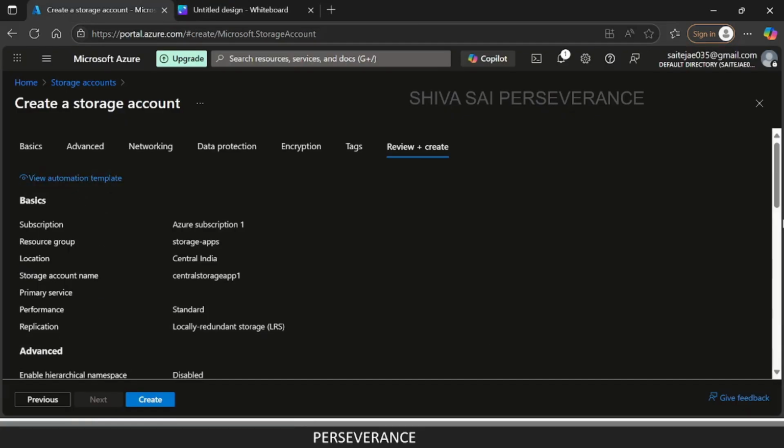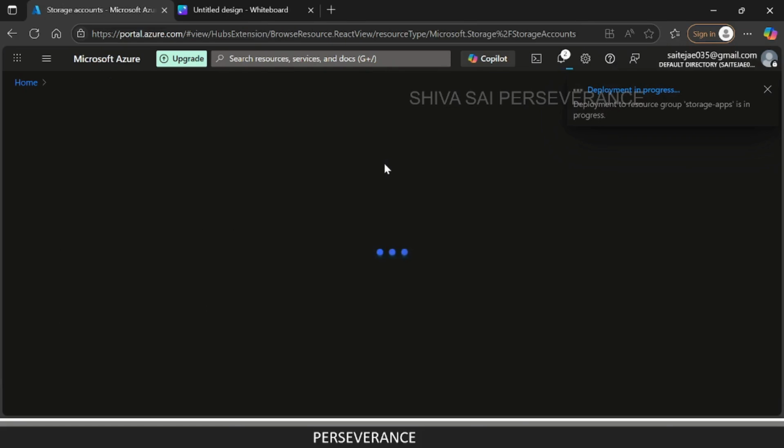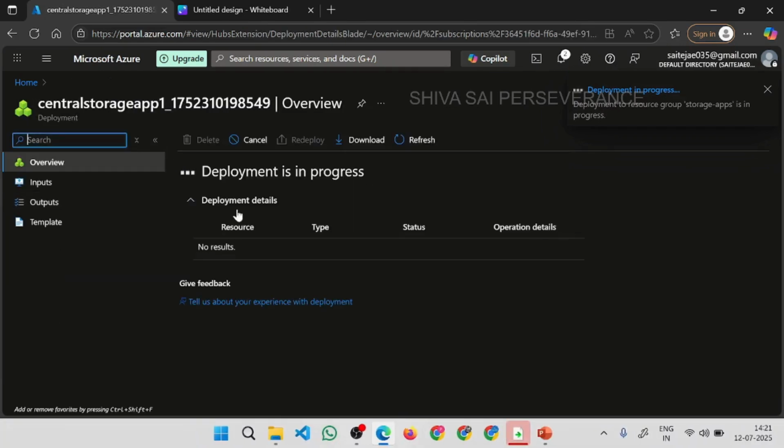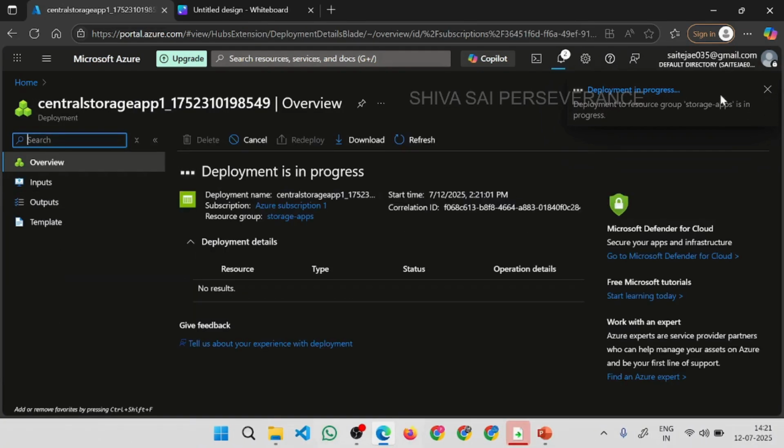All right, I think this looks okay. So just click on create. Once this is created, all right, so the deployment is in progress. Let it get created. Meanwhile,